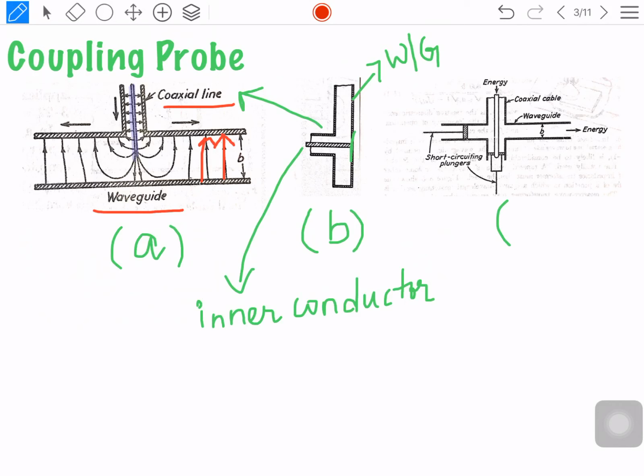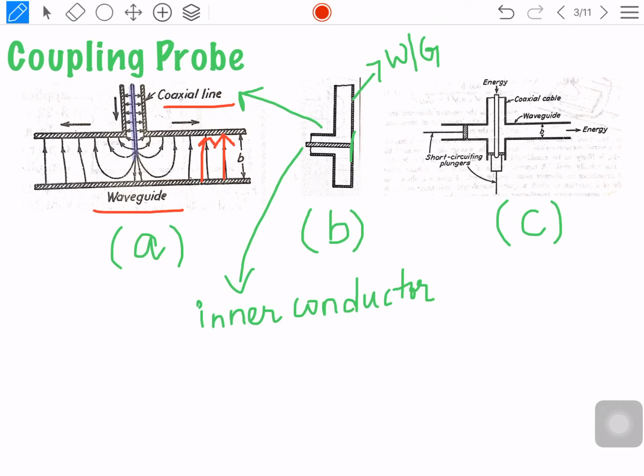There is another way also. For impedance matching purposes, the center conductor may pass through the farther wall and terminate in a coaxial line stub, as shown in figure C. When the center conductor extends across the waveguide or projects an appreciable distance into the guide, the magnetic coupling as well as the electric coupling will be more effective.